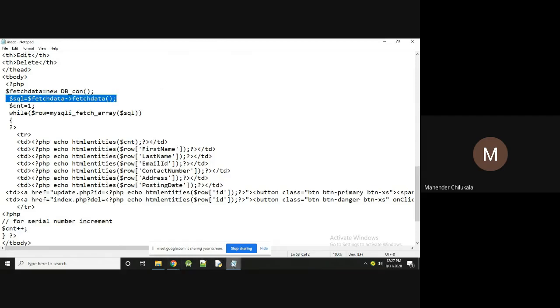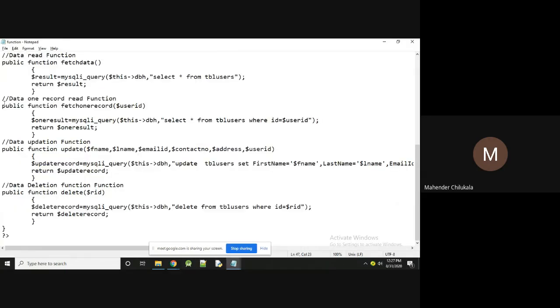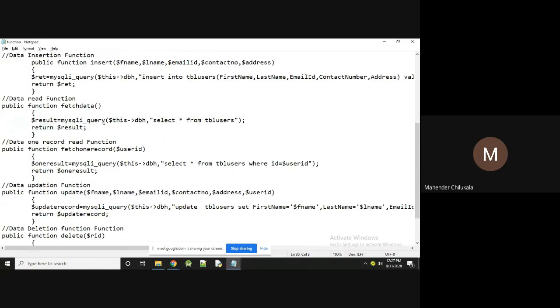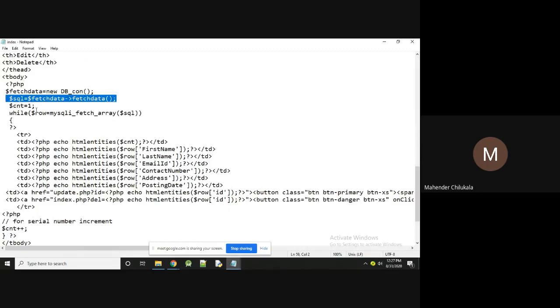Now go to the fetchdata. In this fetchdata, $this->dbh selects star from users. Simply, it performs the select operation. After performing the select operation, $count is equal to 1.